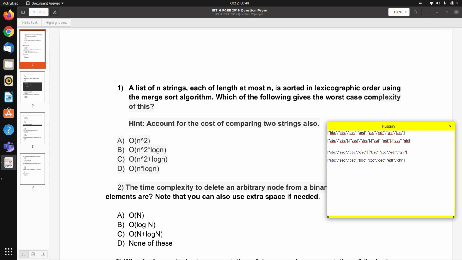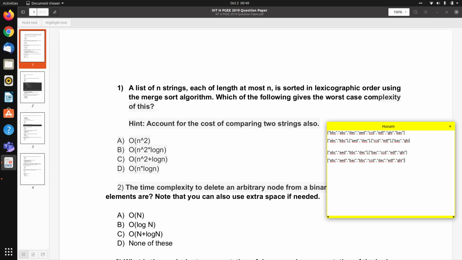So that will be order of n into order of n, that will be n square time. So in the first level we are doing 4 merge operations, and each will take order of n time. Okay, so in total we'll be doing order of n square work in each level.